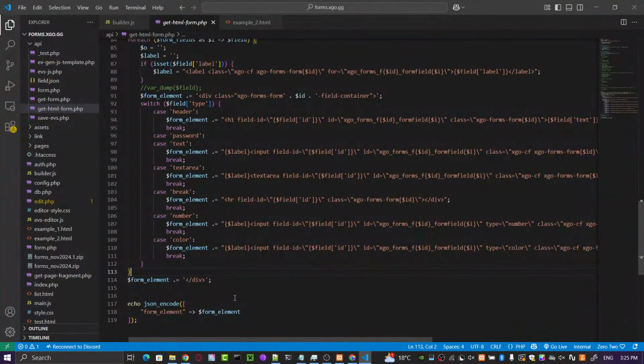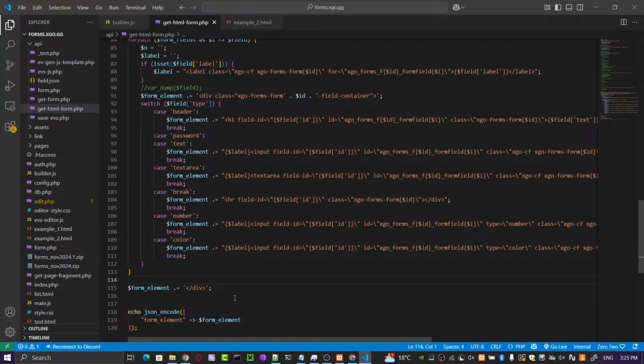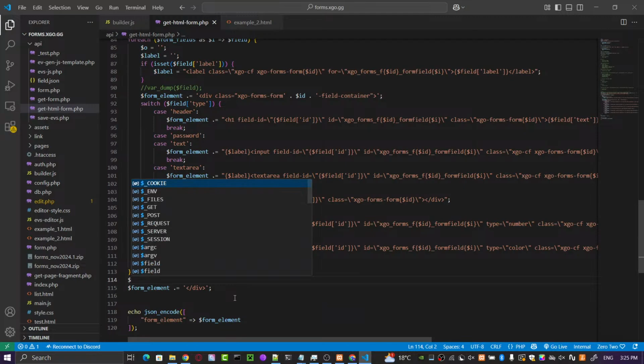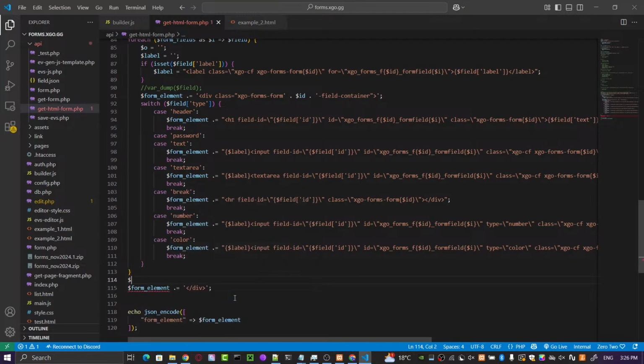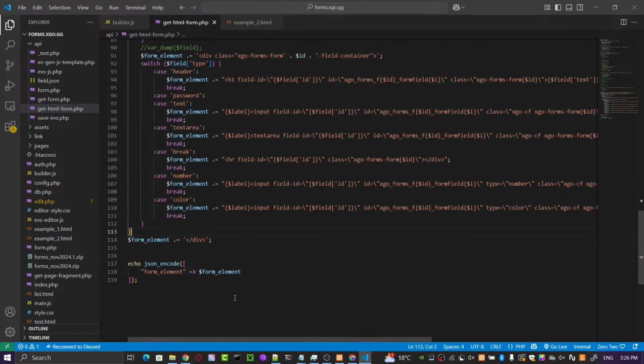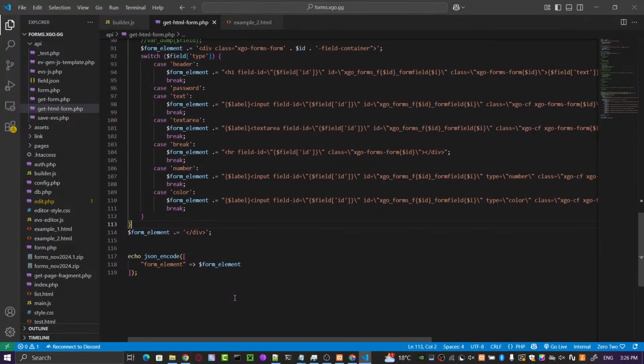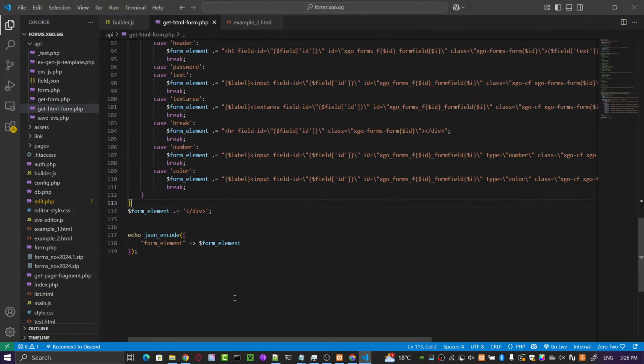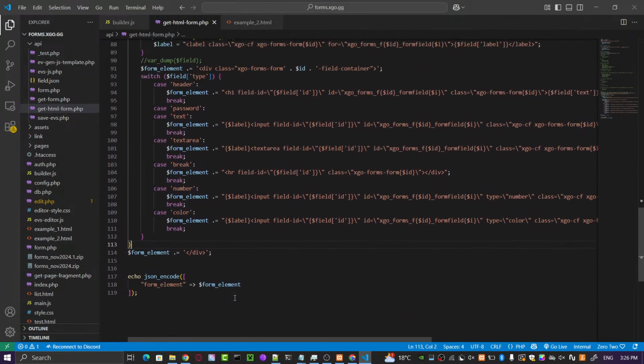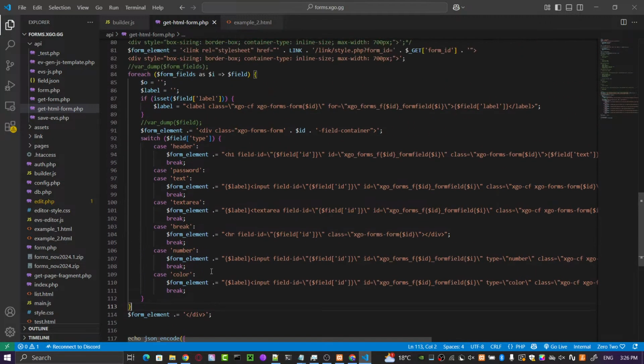Let's create, you know, let's see, wait, that's the JSON file.